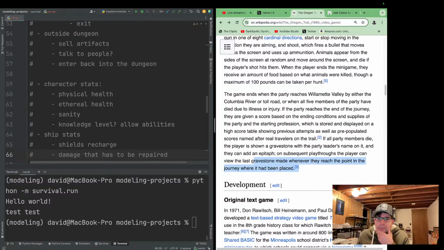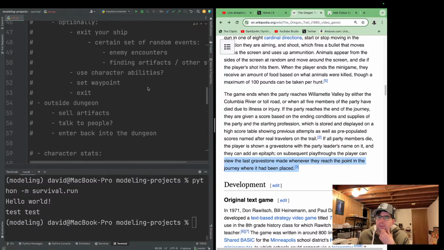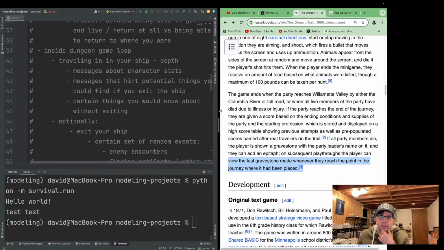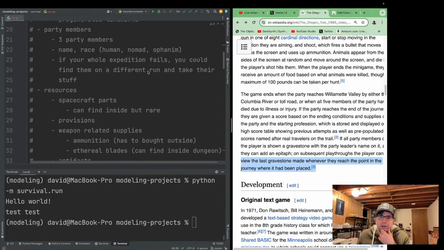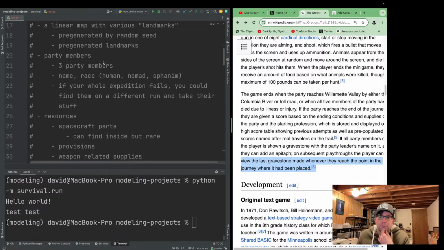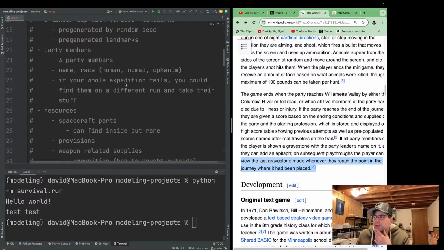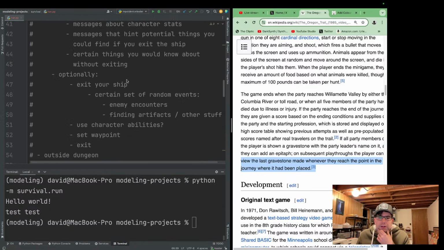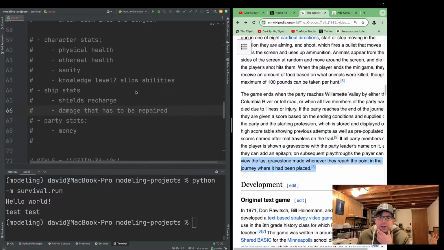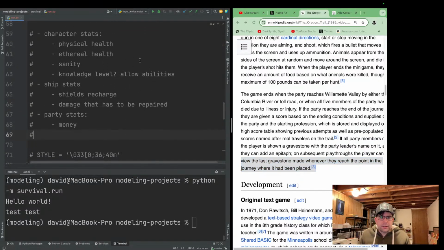I really like this gravestone mechanic in Oregon Trail, so I really like the idea of being able to take a new party in and recover stuff from the other ship.